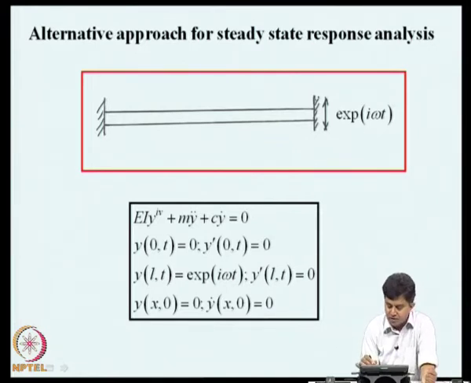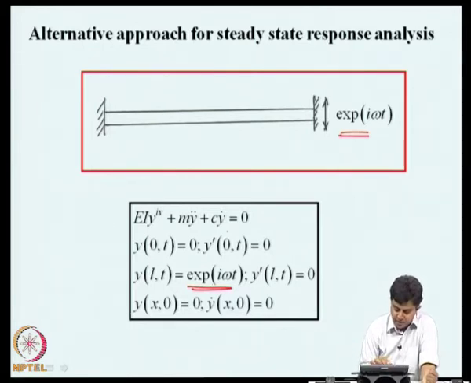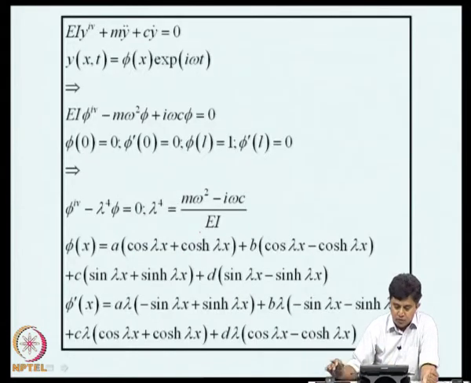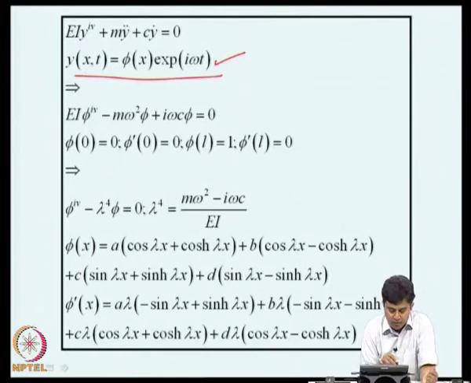To start with, we will assume that the support displacement is a harmonic function. The support displacement appears as a boundary condition, and this is a linear partial differential equation, and the excitation source is harmonic. So, as time becomes large, the response of the structure also is harmonic at the driving frequency, but with an unknown amplitude. So, with that logic in mind, I represent y of x comma t as phi of x into e raised to i omega t. Now, phi of x is an unknown function, it is not an eigenfunction.